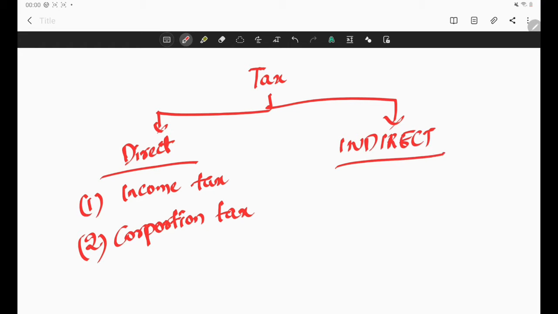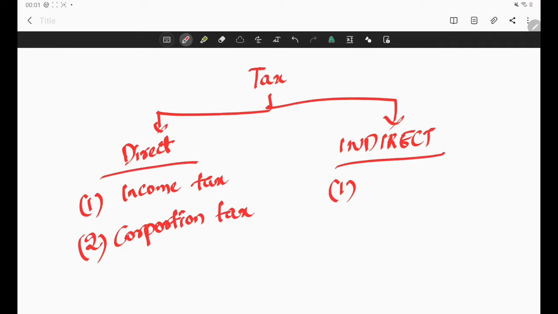So this is, for example, when you go and purchase some good, you pay the price of the good as well as some extra, some 5% or 10% or 12% of some amount of money, which will not go to the seller, but it will go to the government. So here the seller will deposit that money to the government, not you directly. In case of income tax or corporation tax, individuals and companies directly give the money to government, but here indirectly you are paying to government by purchasing something or by eating at some restaurant. You will purchase the service of the restaurant, along with it you will pay some extra money to government.